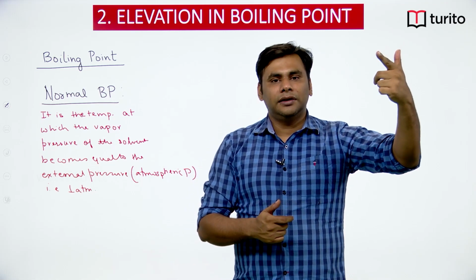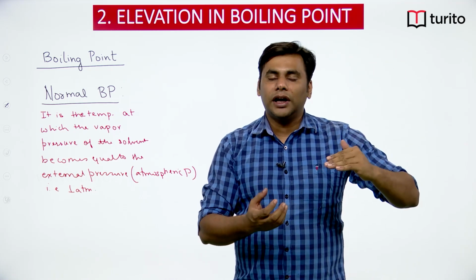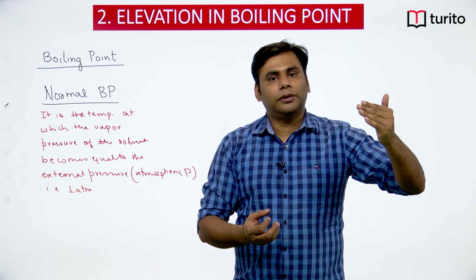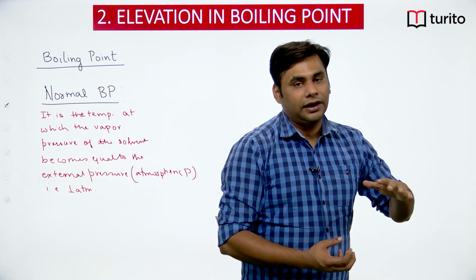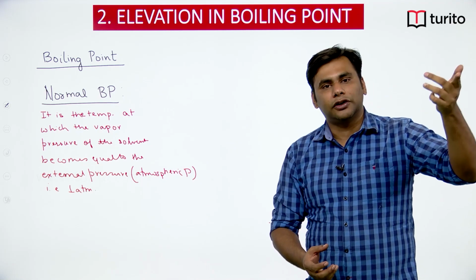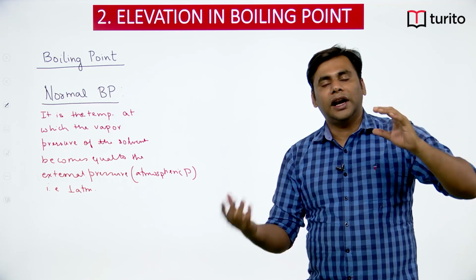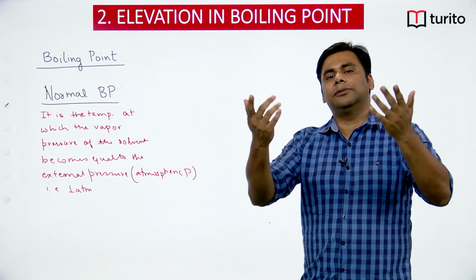वेपर इनटू द सराउंडिंग, वी नीड टू हीट इट मोर. ओके, क्योंकि प्रेशर कम हो गया है. बॉइलिंग पॉइंट तब अचीव होता है जब वेपर प्रेशर एटमॉस्फेरिक प्रेशर की इक्वल हो जाता है. बट नाउ व्हेन वी आर हीटिंग वी हैव टू हीट मोर because the vapor formed initially was less, so we have to heat more so that the vapor pressure becomes more and more, and finally it becomes equal to that